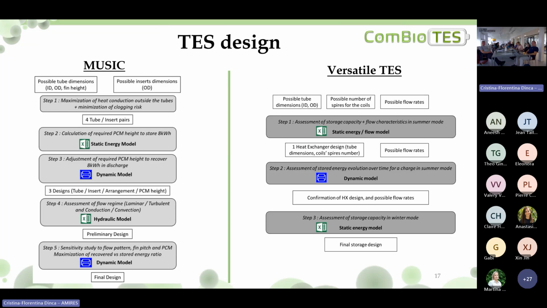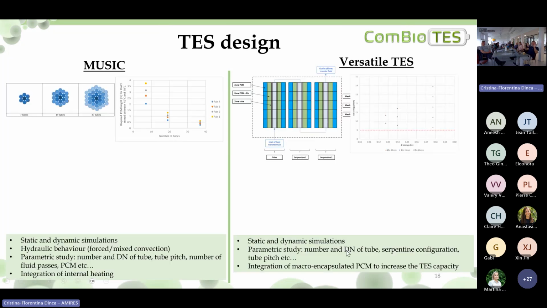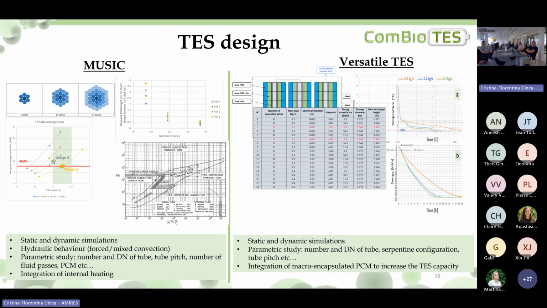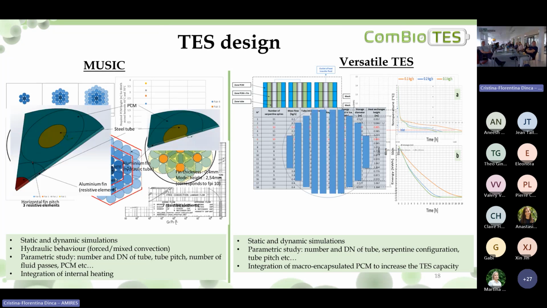Then we perform a lot of parametric study and sensitivity study to obtain what we can call a kind of final paper design. That means only based on calculation. And basically to do that, this is just illustration. So we consider a lot of different configurations of tube bundle. For example, we considered a lot of different tube configurations. The effect of fins, the effect of the size,